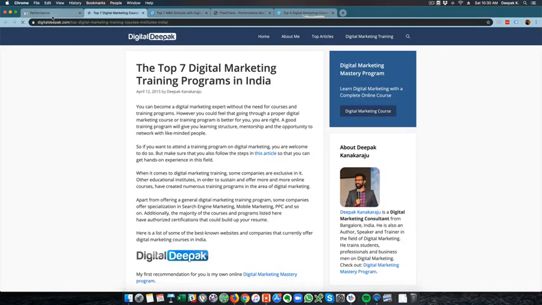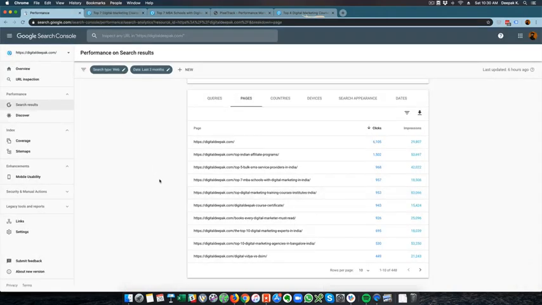So these are the top performing pages on my website, and I can make them perform even better by writing more articles related to these and updating these articles, because I'm pretty sure that these articles are not ranking number 1 right now, and I can increase the ranking by revising the post and adding more content to it.